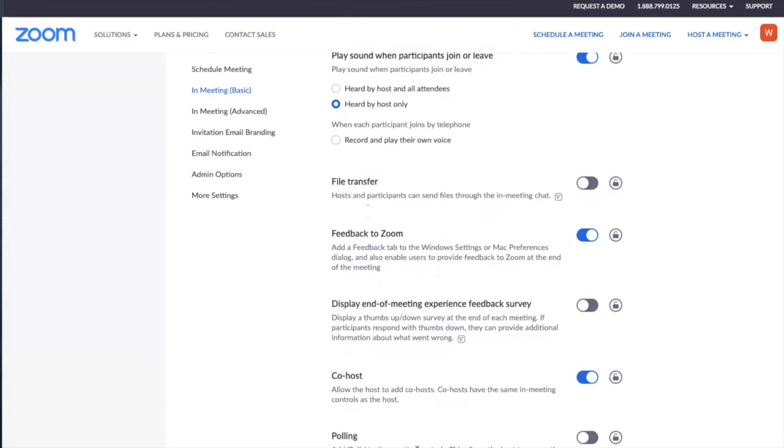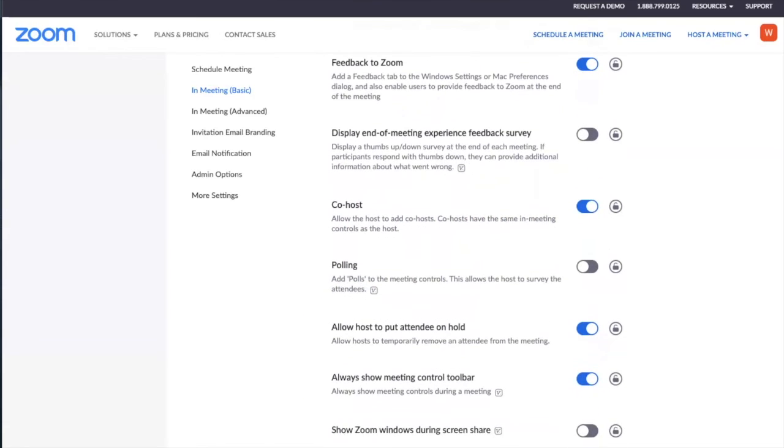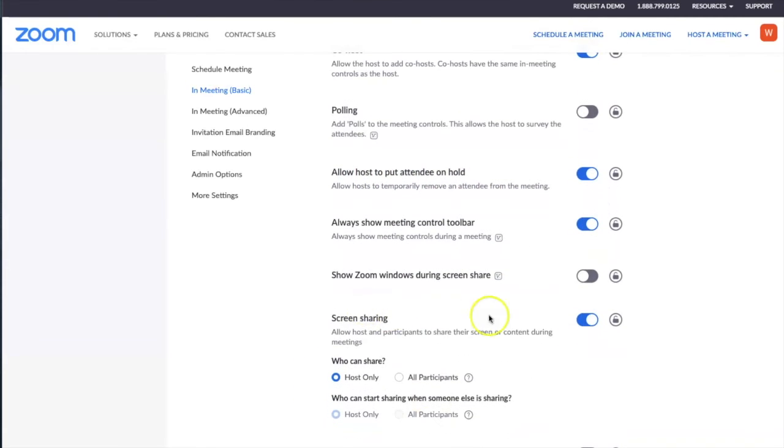Let's continue on down the line here. The last couple of settings you'll see: we've allowed you to add co-hosts to the meeting, and we allow you to put the attendees on hold. The last one we're going to get to is screen sharing, which allows hosts and participants to share their screen or content during meetings. We're going to allow that to happen, but you'll notice that we have limited it down to hosts only.